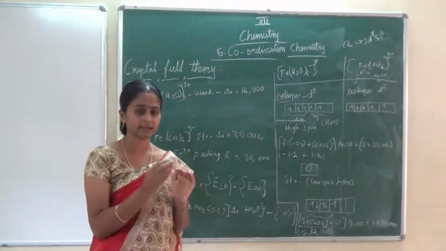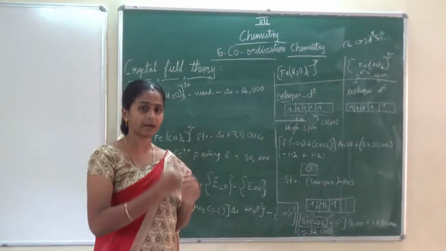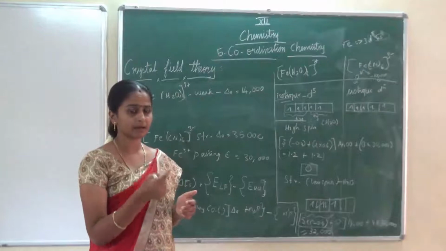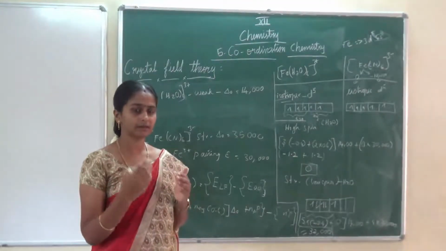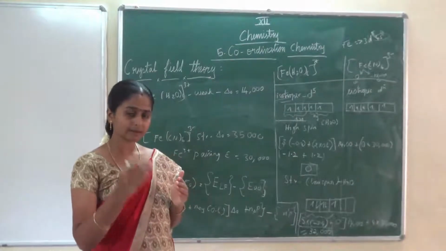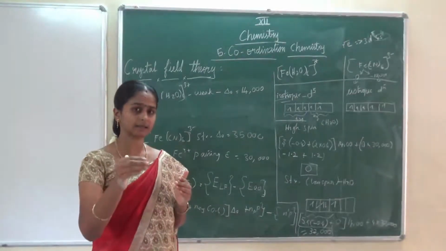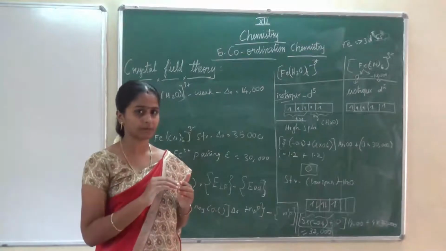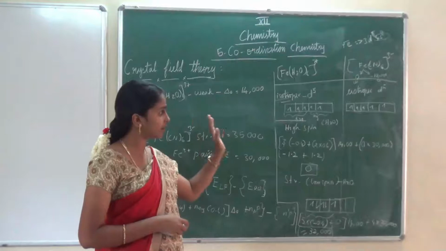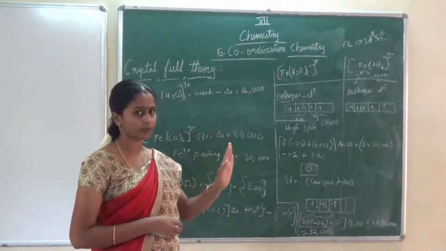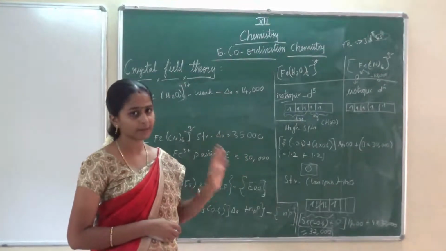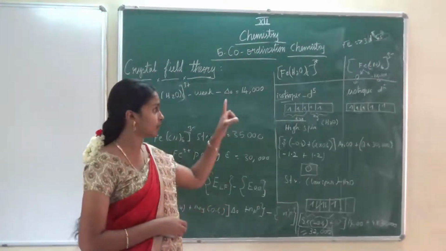That means the cyanide is a stronger ligand. It can pair up the electrons in the central metal atom, so the electrons in the d orbital will pair. Here the topic is how the d orbital electrons enter in the complex formation. In water, the electrons enter as they are, and there is no pairing. First 3 electrons are in the Eg orbital, and the next 2 electrons are in the T2g orbital, only for the water complex.